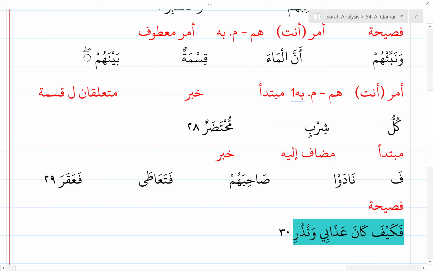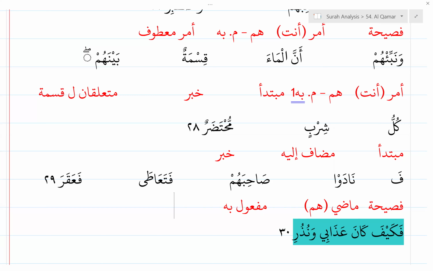Yeah. So نادوا is فعل ماضي. So this is Madi. هم ضمير is the فاعل. صاحبهم is مضاف مضاف إليه which forms the مفعول به. So this is a مفعول به and it's a مضاف مضاف إليه. So far, again, here this should be عطف. So, sister, yes, this is going to be عطف because